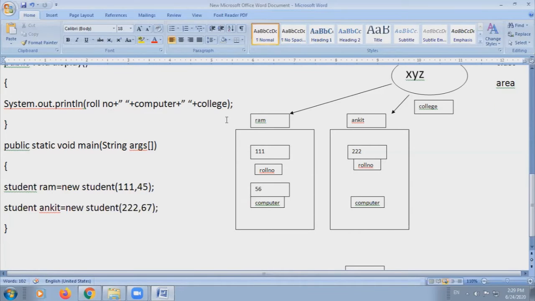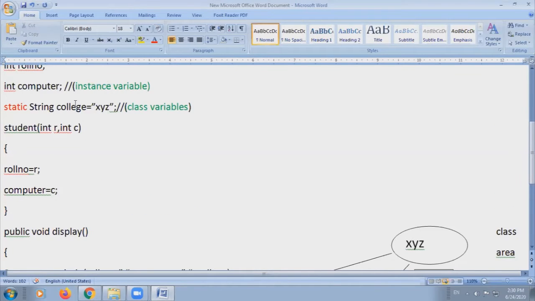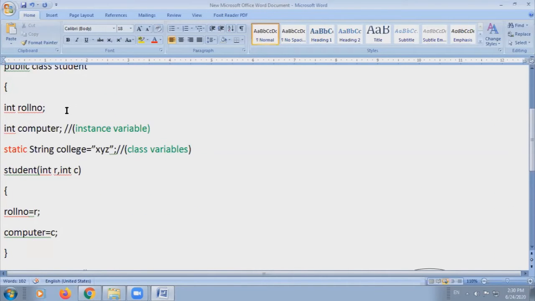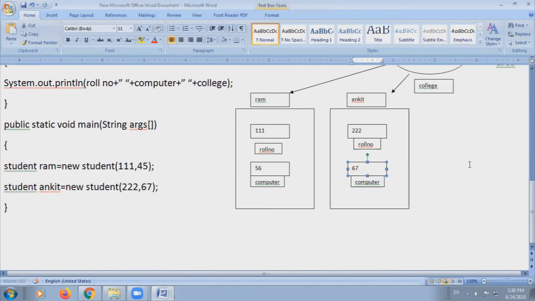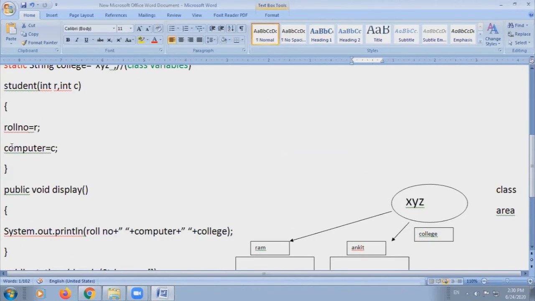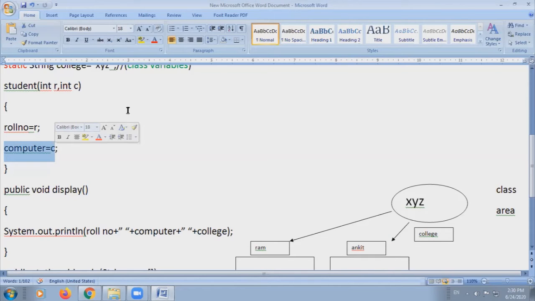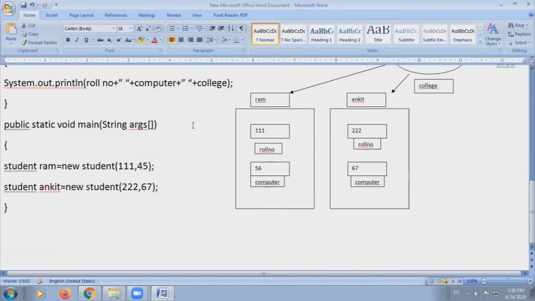So when this object is created, again a copy of the instance variables will be created, and the values that you have sent through the parameterized constructor will be assigned to the instance variables. We have sent 22, so it will be assigned to the roll number by the parameterized constructor, and we have sent 67, so it will be assigned to the computer instance variable of the object Ankit.